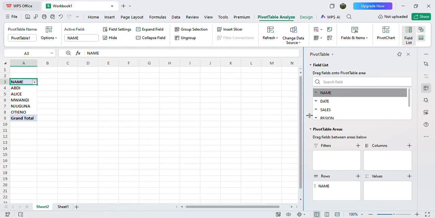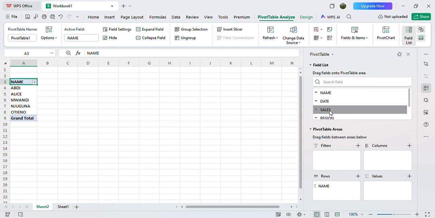Now, perhaps I want to look at the sales made by these people. Remember, I'm representing the data that I filled in that Excel table. So we want to see the sales made by these individuals. You come back here where it is denoted sales, you click sales, but anything that is dealing with summation or dealing with numbers, you drag it to values here.